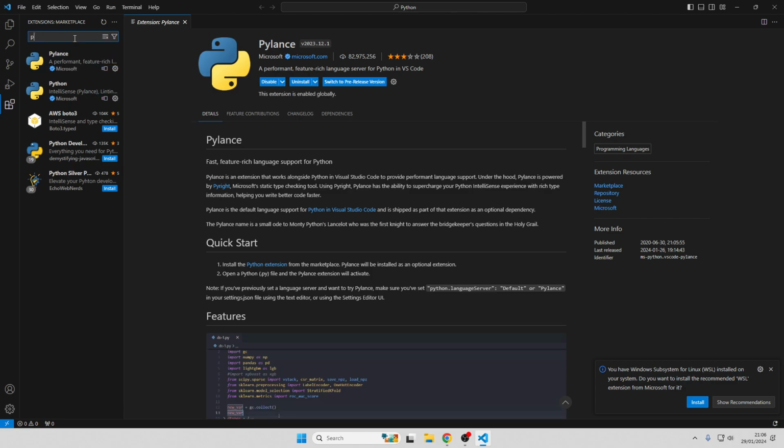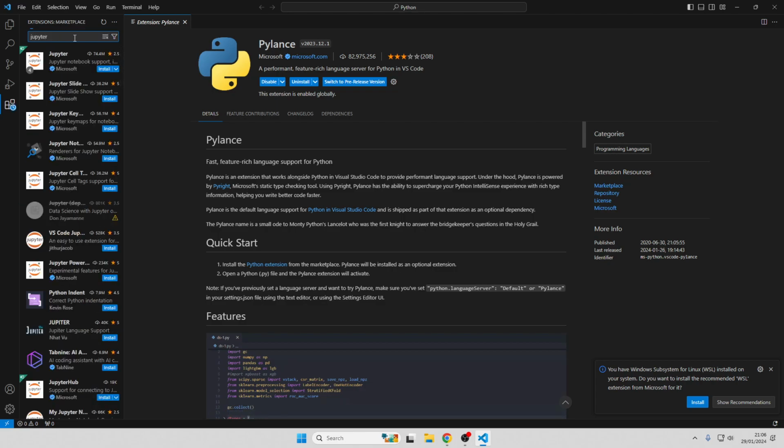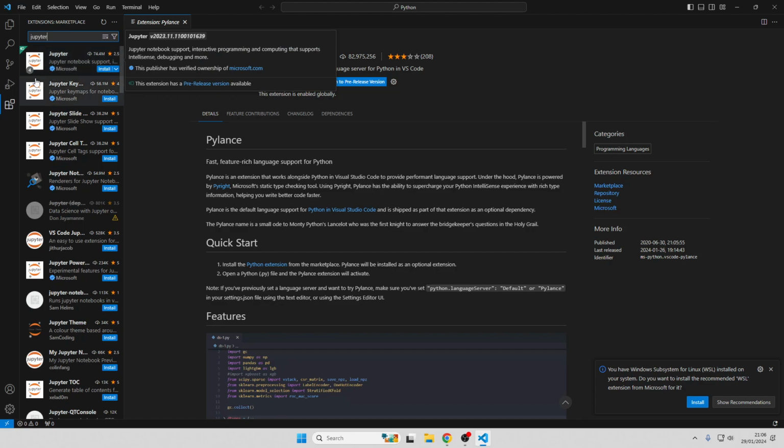Whilst we're waiting, we can just type in the next thing here. So this is Jupyter, it's spelt, notice this has to be spelt Jupyter. So this gives us this Jupyter notebook thing here. So if we just click on the install there,